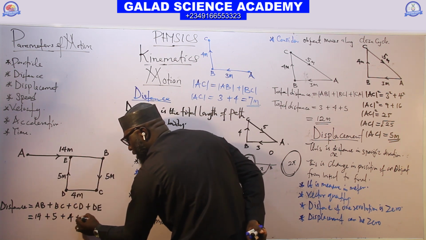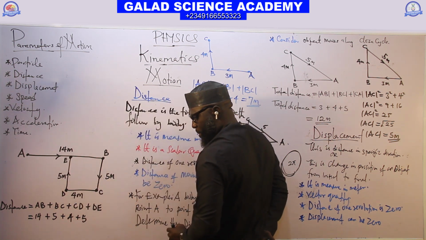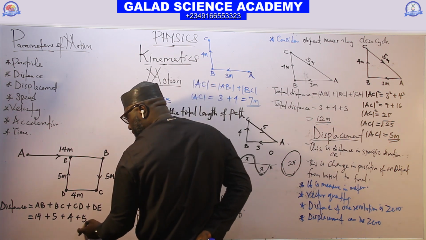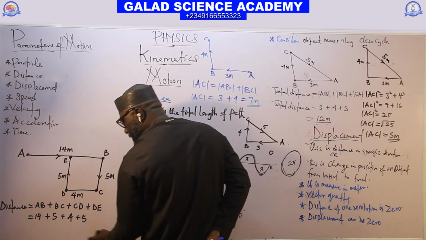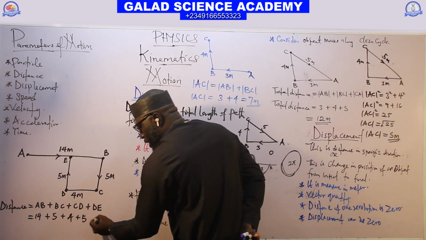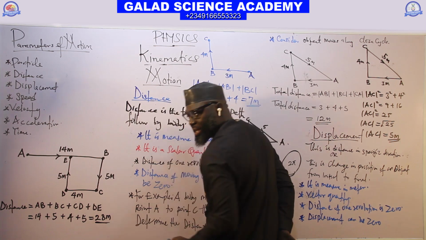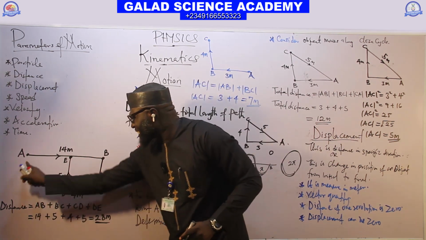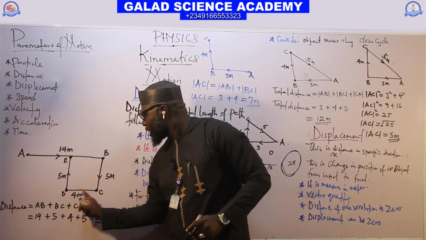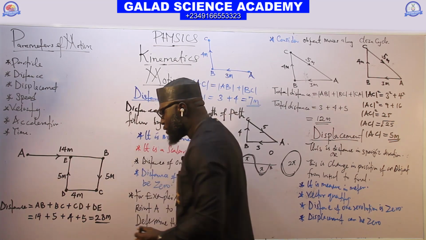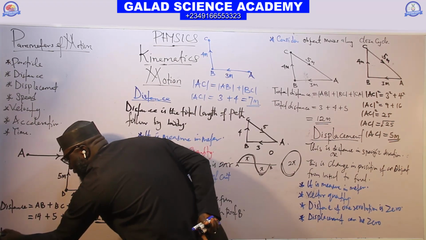DE, we have 5. So add it together: 10, 14, 24. Everything is 28 meter. 28 meter is the distance of the body that moved from A to E. But if you are now asked to find the displacement,